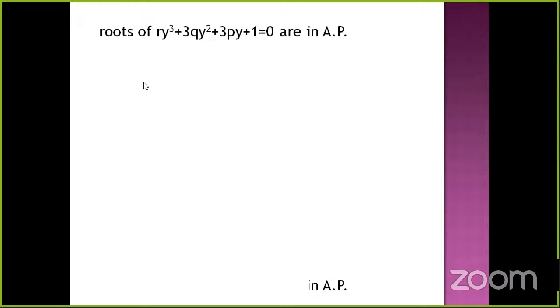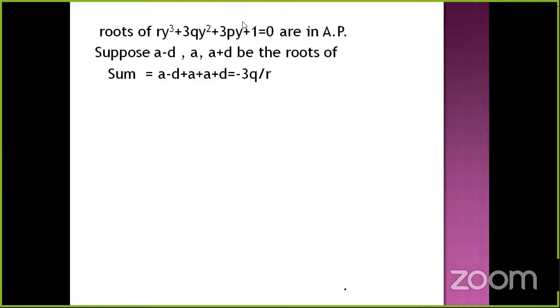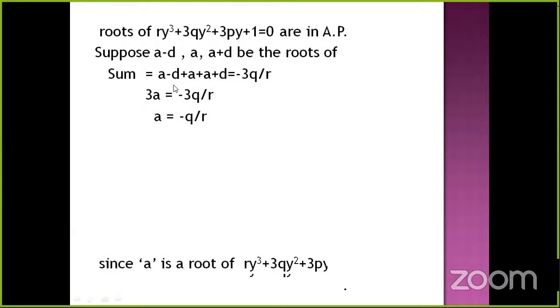See here, if the roots of x are in HP, since x is equal to 1 by y, this equation will have the roots in AP. Since these are the reciprocal values, you know that HP is equal to 1 by AP condition. So again, since the equation has the roots in AP, I can suppose or take the roots as a minus d, a and a plus d. So S1, that is the sum of the roots, is equal to minus y square coefficient by y cube coefficient, that is minus 3q by r. So here d and d get cancelled. 3a is equal to minus 3q by r. So again 3 and 3 get cancelled. I will get a is equal to